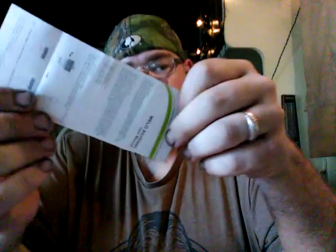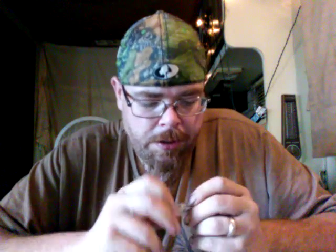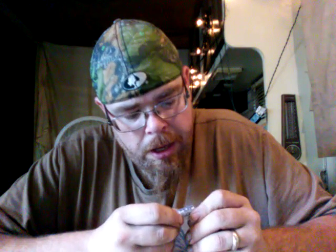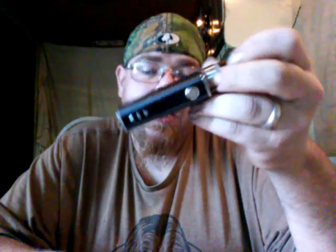I guess this will be your first stages of cloud chasing tank. And we lost stuff already. That was a little instruction book. Tells you how to take apart, fill it up, put the coil in, all that happy hooda, which I will show you. Also comes with a spare coil. The one in here is a 0.5, which is good from 20 to 30 watts, which is just perfect because she has my old iStick